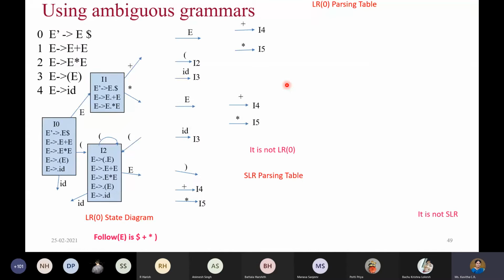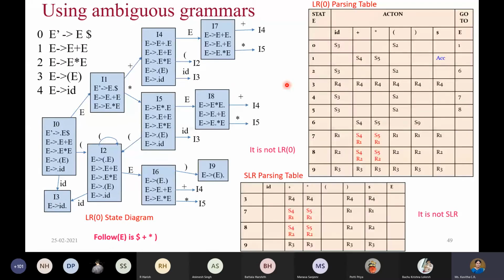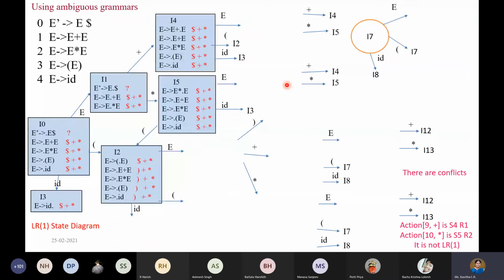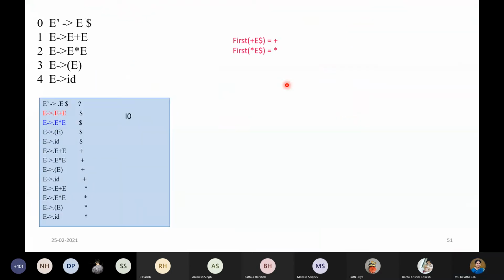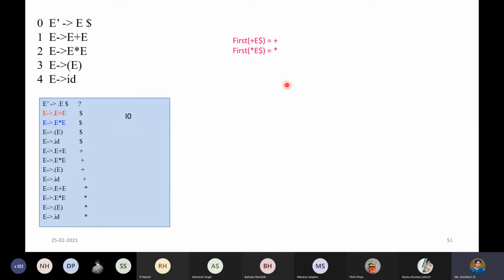Yes, so first we proved that this particular grammar is not LR(0). Okay, then we proved that this particular grammar is not suitable for SLR also, and just now we proved that it is also not suitable for LR(1). Okay, now is it suitable for LALR(1), students?